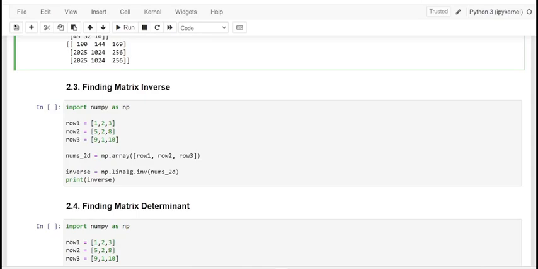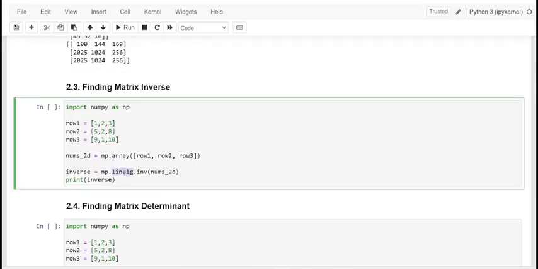Dear friends, here we have one of the main functions, a linear algebra function, which we are going to use for matrix inversion. To find the inverse of a matrix, we use linear algebra dot inv. This is the exact function we are going to pass it.